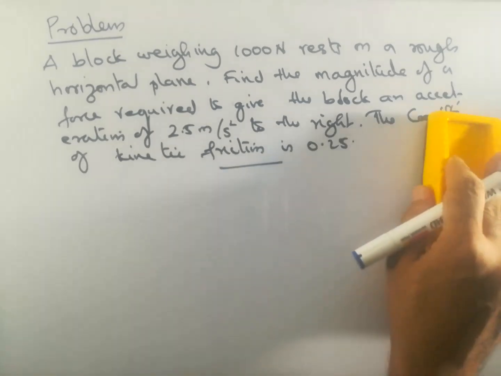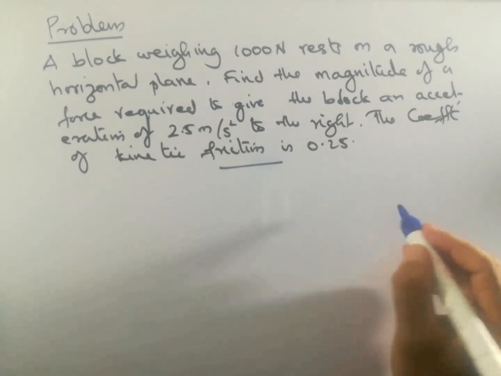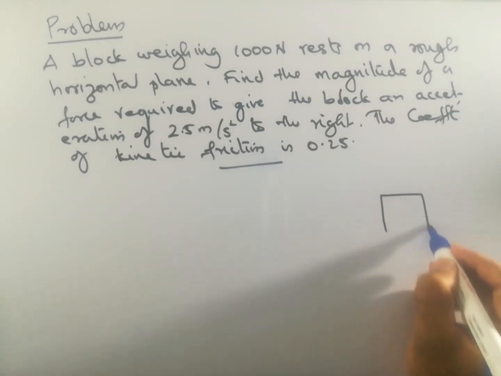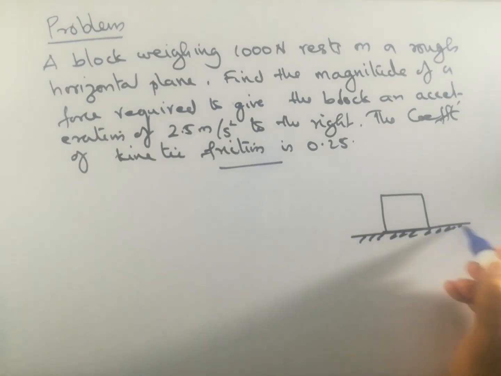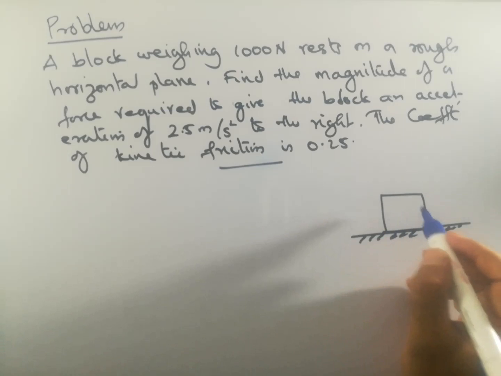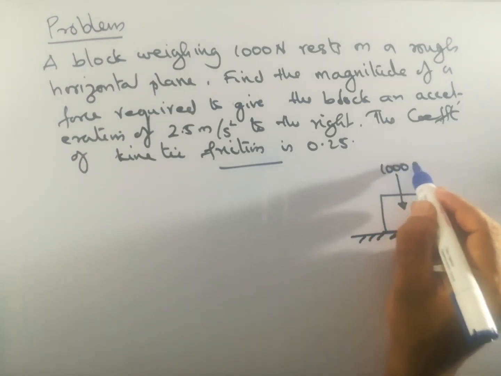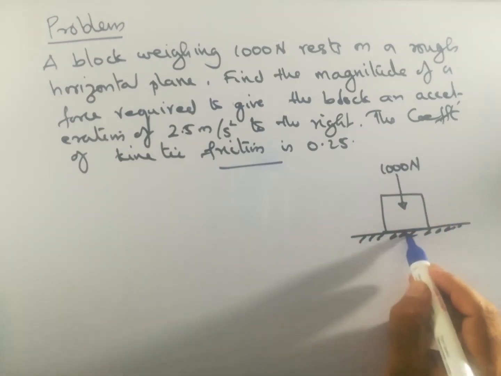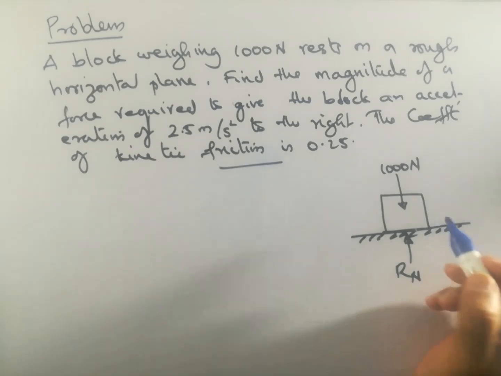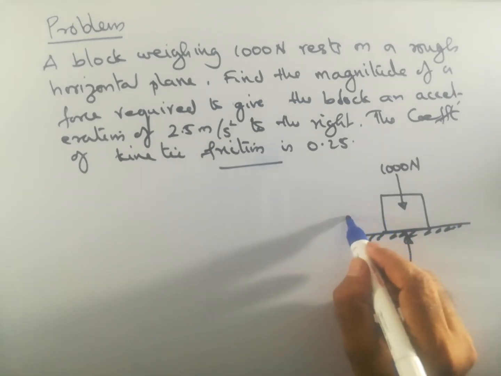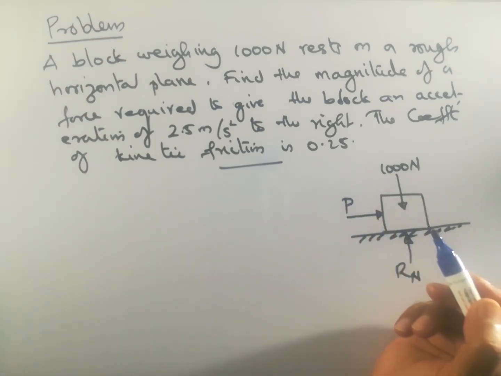So to solve this problem, what we will do is draw the block which is resting on a horizontal plane. Then its weight is acting through the CG, 1000 Newton. There will be normal reaction, and we need to find a force P, the magnitude of force P,